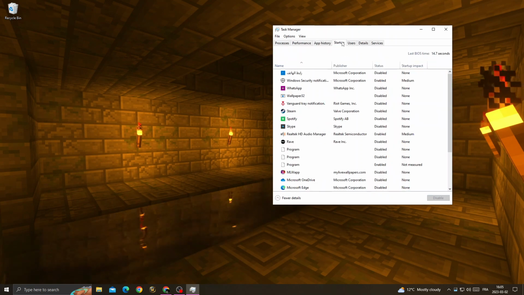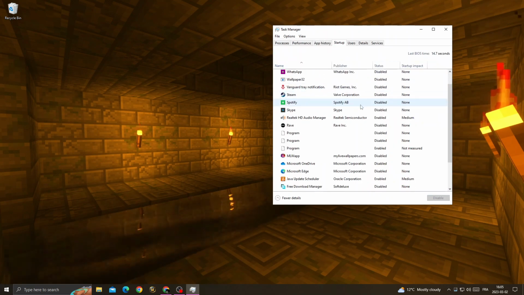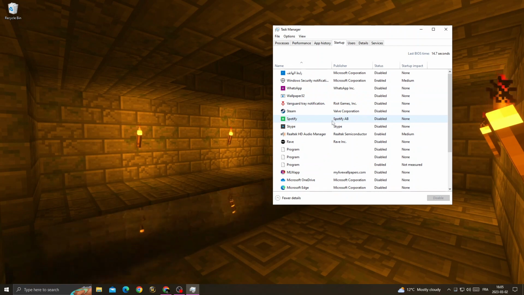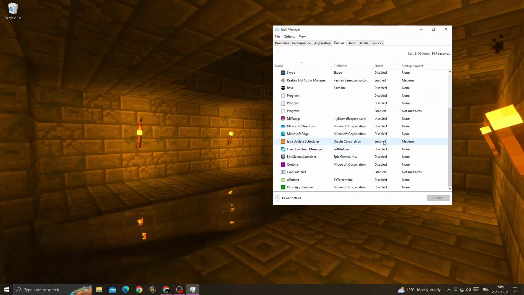and then go to Startup and make sure to enable Java. Here it is, Java. Make sure to enable it. If you find it disabled, just right click and click enable,